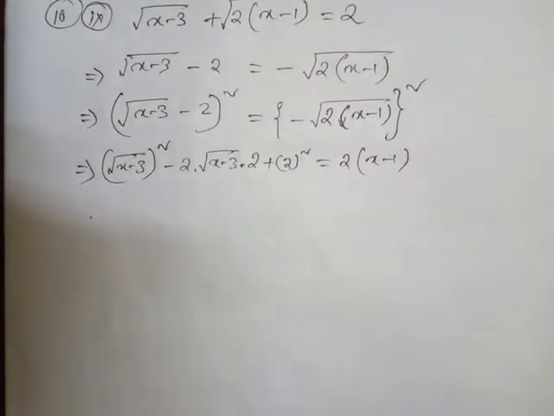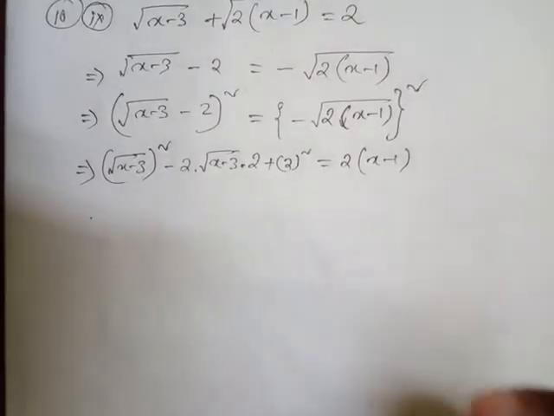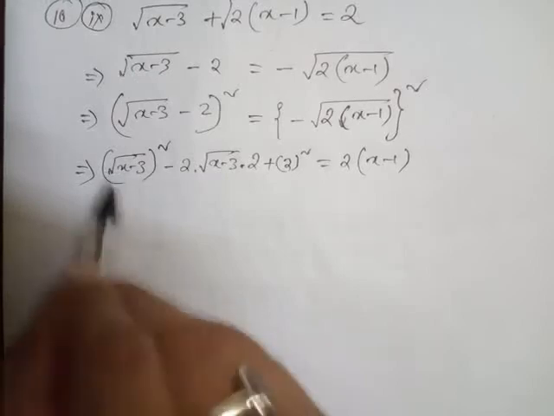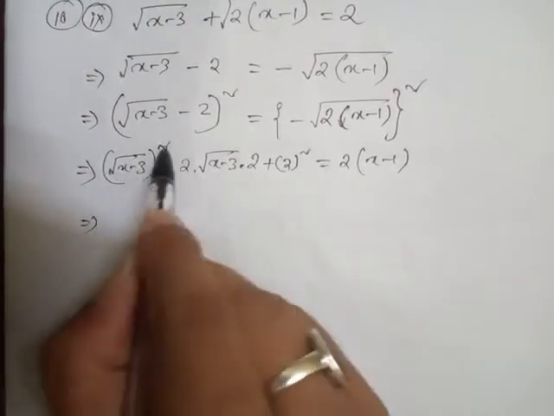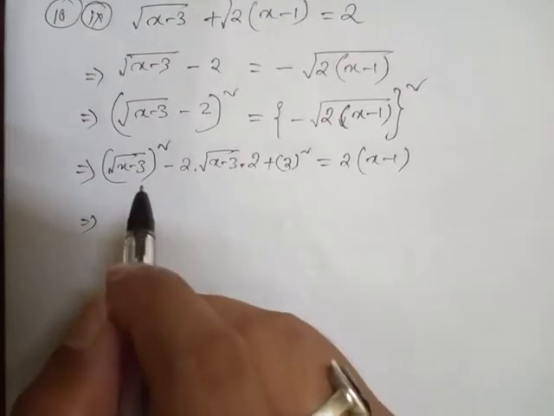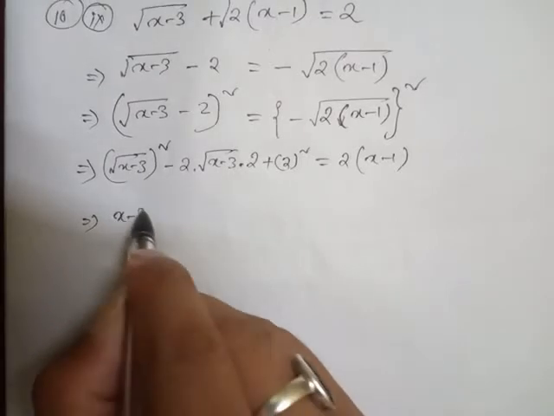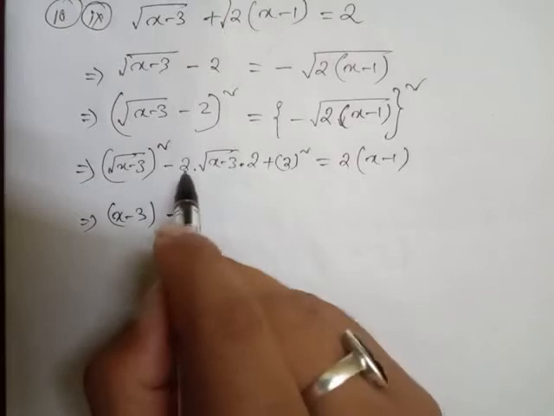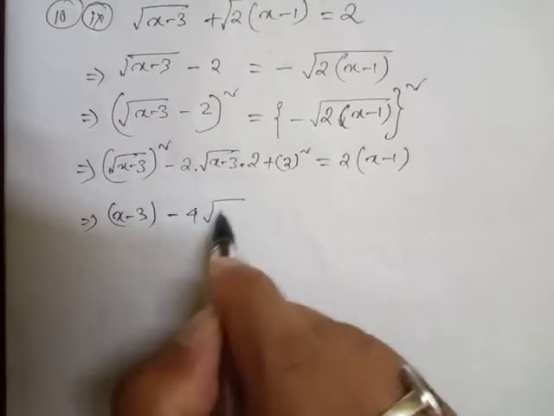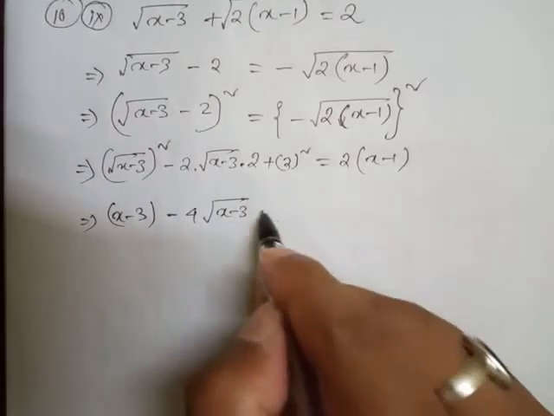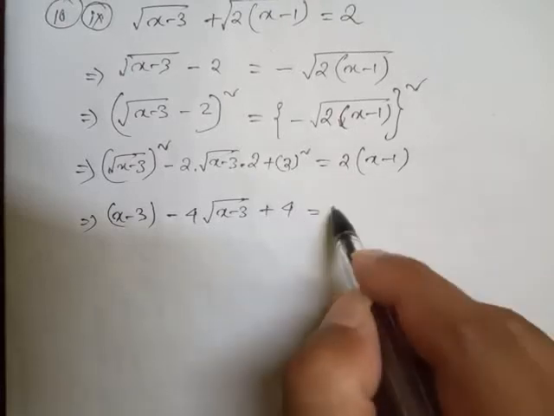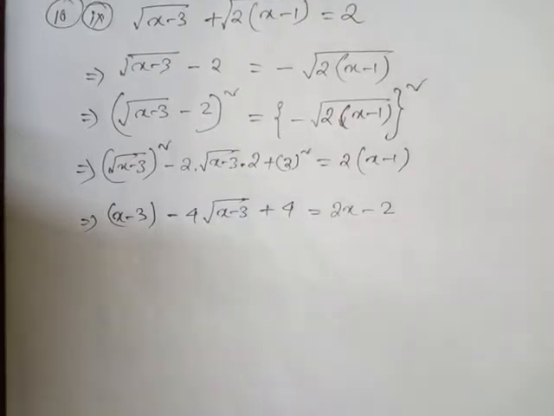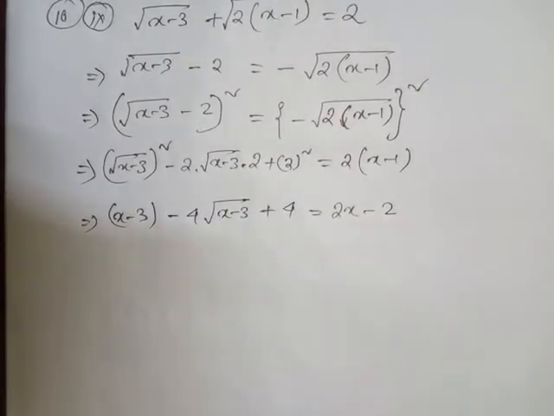After that student, look, we'll go for the multiplication here. Now look how to solve this. Here also square root cancels, so next would be, look, x minus 3 square root cancel here. Now next one is 2 into 2, 4 root x minus 3, and 2 square is 4, and there is twice x minus 2. Now look student, how to solve this one.